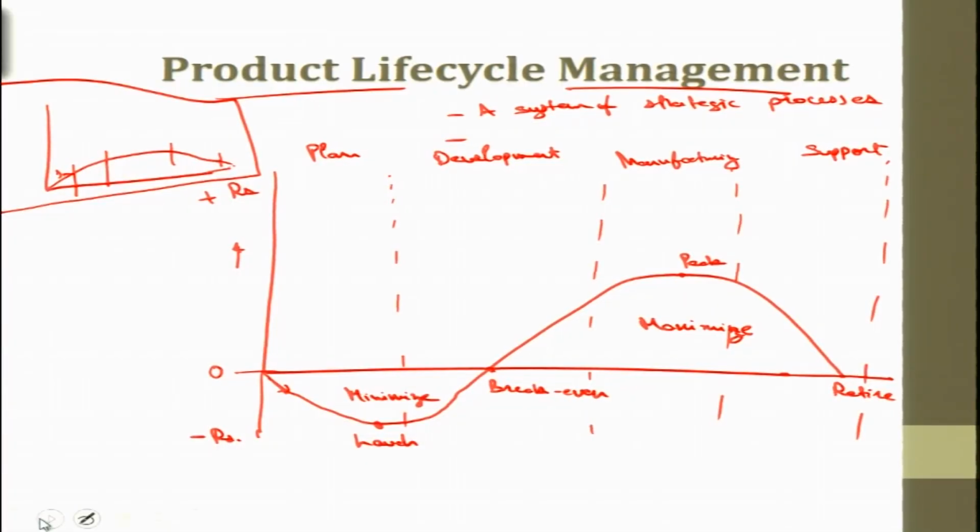So, if we use PLM, or product lifecycle management software, what happens? This is reduced, and this is maximized. This peak, I would better say, is attained earlier than in the normal design. Then the product launch could happen even before, and break-even is achieved earlier. So, this is the kind of profit, the kind of contraction in time, that happens